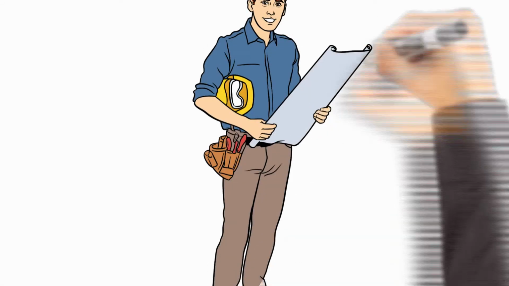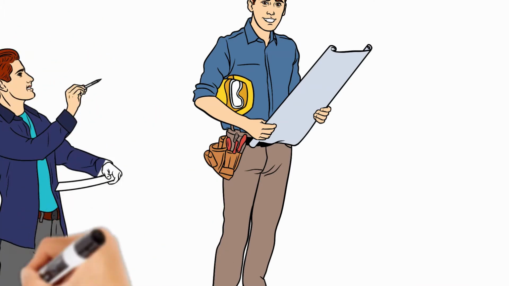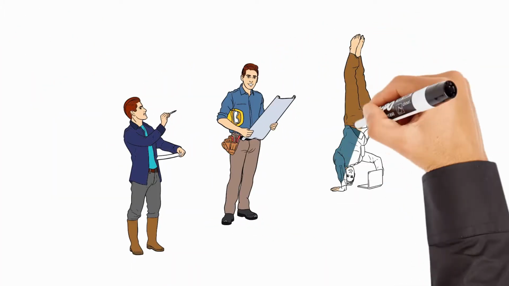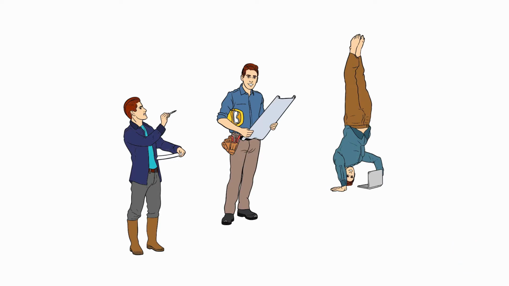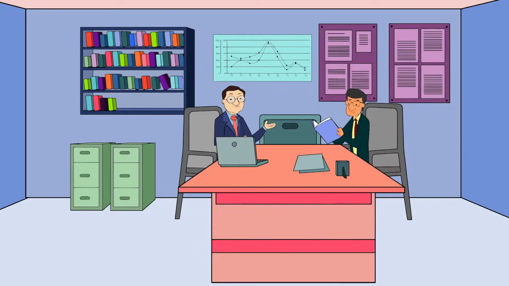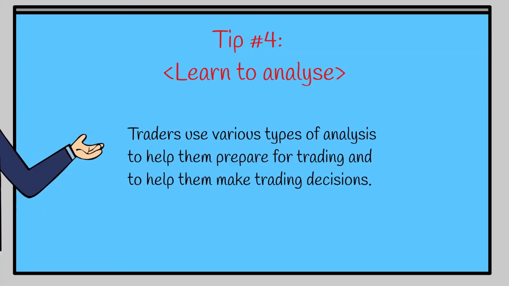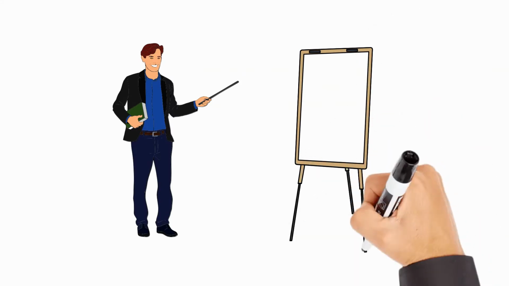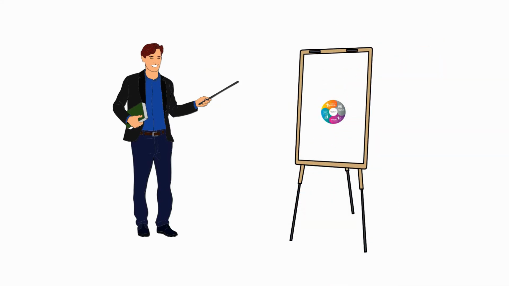Now, by learning how to analyze, we can have an answer for the most commonly asked question from literally 90% of the beginner traders. And that is, what to trade? Or what is the best instrument or the best time to trade? And the answer for this is simple. The best instrument to trade is the one you are best prepared for. So once we know how to analyze the instruments on the market we want to trade, we have a reason to take a trading decision. In other words, we are ready to take calculated risk.